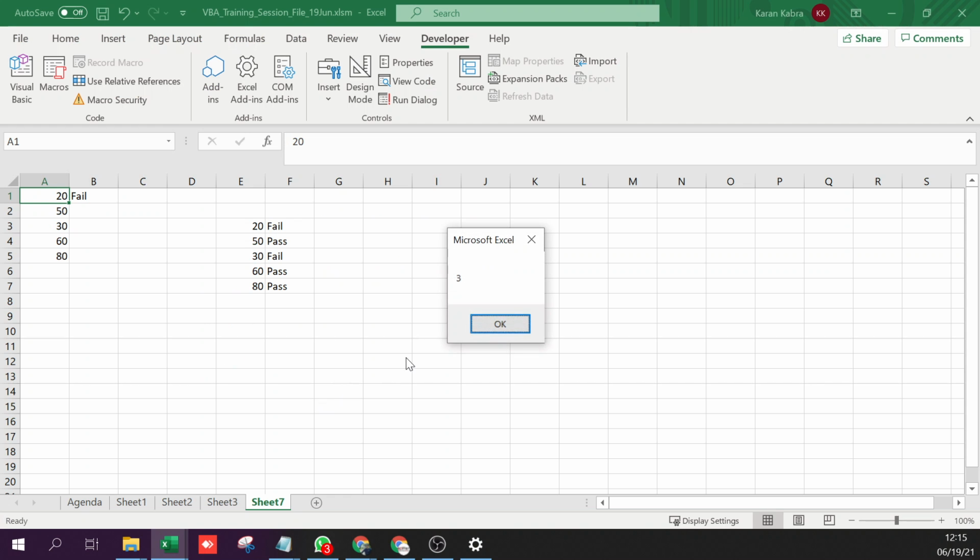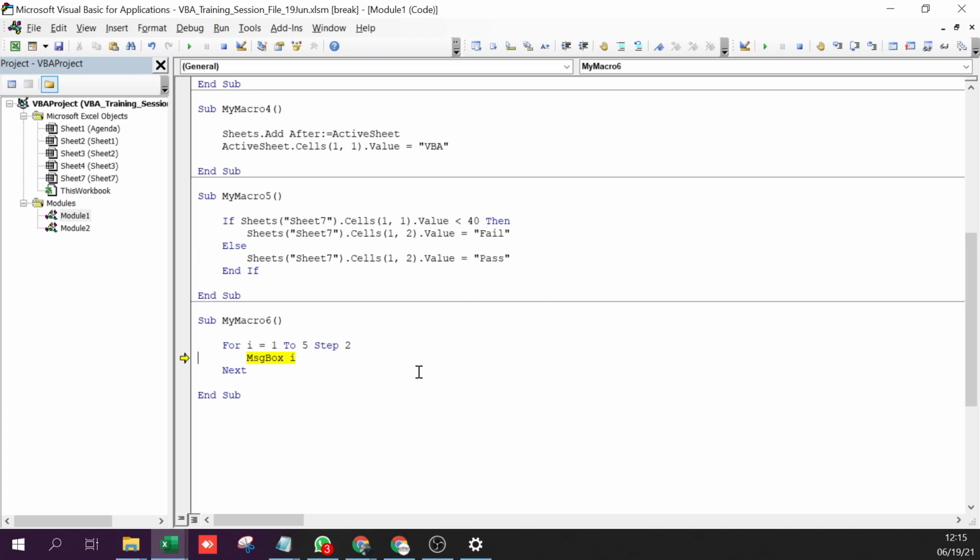No. It will straight away have 3. Then it will have 5. Then it will exit. So the step is to basically change from default 1 to any step that you want to take from this value to this value. So this is how a loop is written, and anything written between this will loop as many number of times.